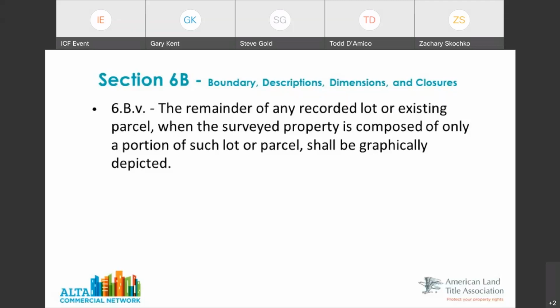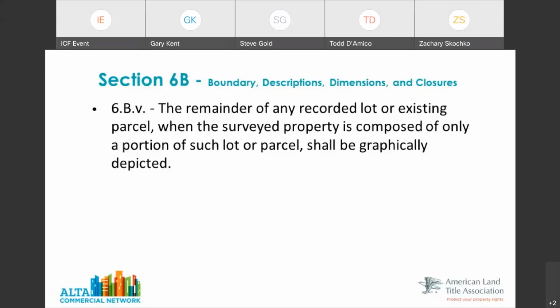Or maybe it's a retracement survey, which is the other type of boundary survey, which is a survey of a parcel that does already exist. If it's an original survey, it's maybe 2 acres being cut out of 10 acres. The standards would require that I show you where that 10 acres is and where this 2 acres sits inside that 10 acres. Understanding we're not surveying the 10 acres, and we don't even have to draw it at the same scale. It could be just a little diagram, a little vicinity map sort of thing, but it provides context so that someone can understand, yeah, here's the 10 and here's the piece that's being cut out.